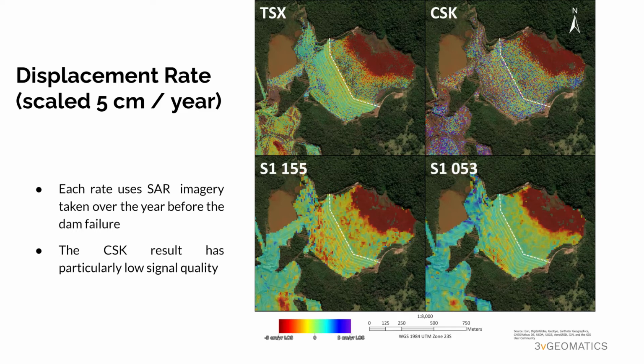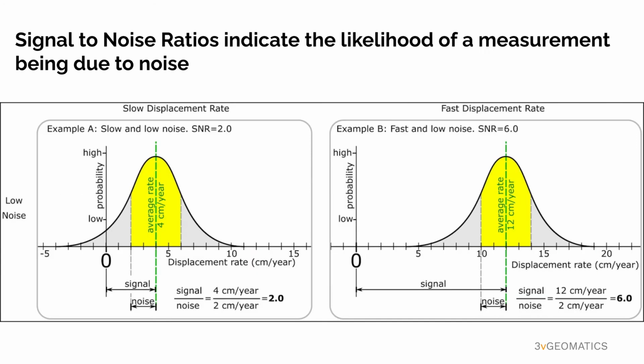These areas are interesting, but we need to ask what's the noise level and what's the chance of these spots occurring due to noise alone. How can we have confidence the signal is real? We approach this through signal to noise ratios. This is a hypothetical example of what it would look like. The distribution curve is an estimate of the likely noise that we model. On the left, an SNR of 2 represents a 95% confidence that the signal is not due to noise alone.